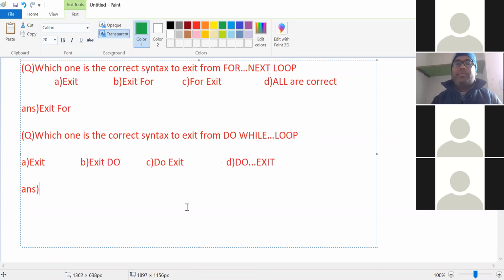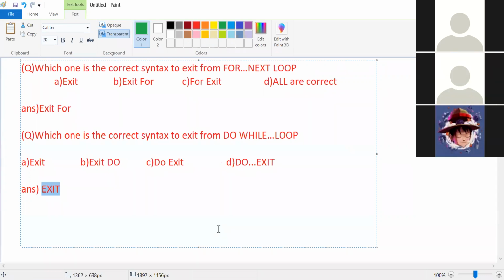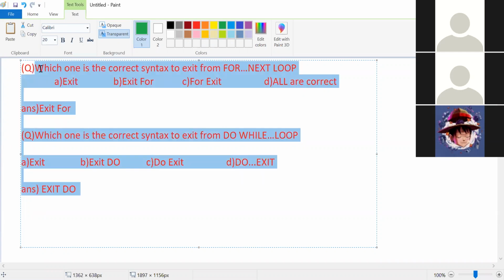Sir, Rajni. Option B is the correct or wrong answer? Option B is the right answer. Exit do is the right answer.